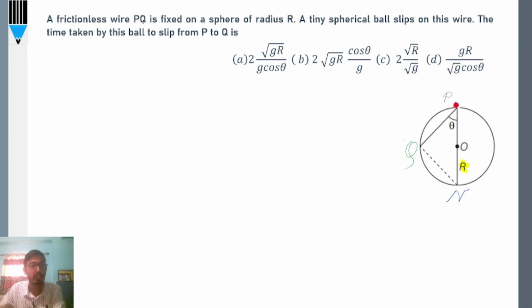A frictionless wire PQ is fixed on a sphere of radius R. A tiny spherical ball slips on this